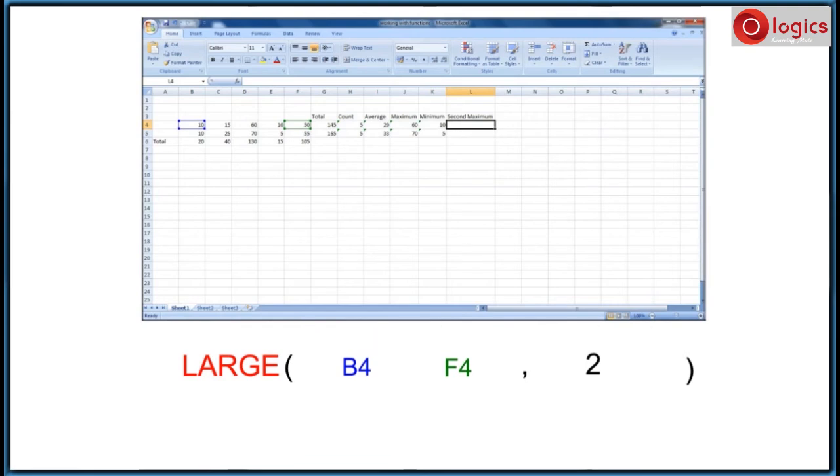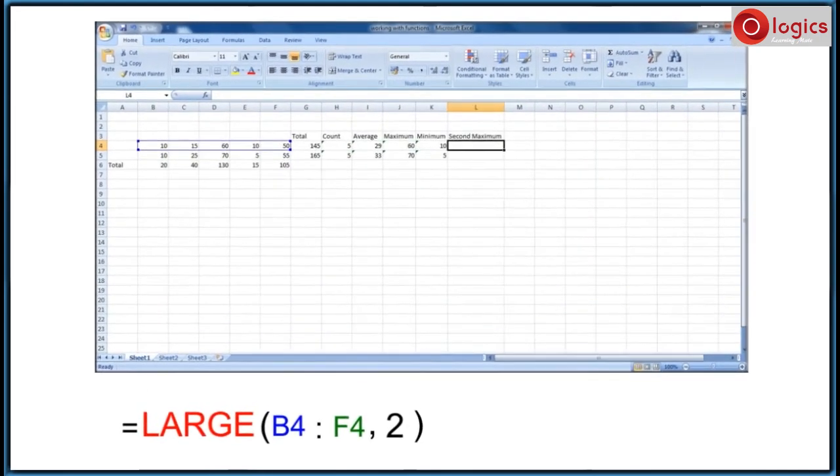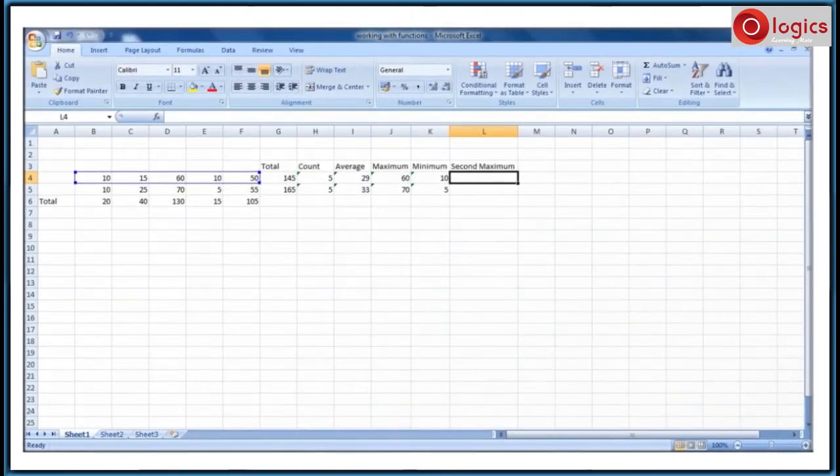Don't forget to type colon in between these two cells because it is a range. As you know, type equal to in the beginning of the function. Here I have selected the cell L4 to get the return value from the function. You can type the function in the selected cell or in the formula bar. I am typing the function in the formula bar.